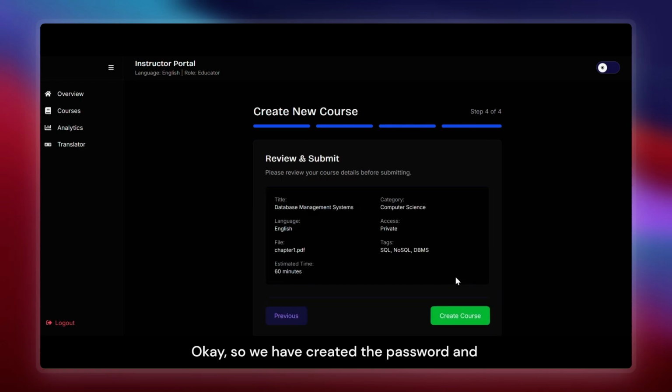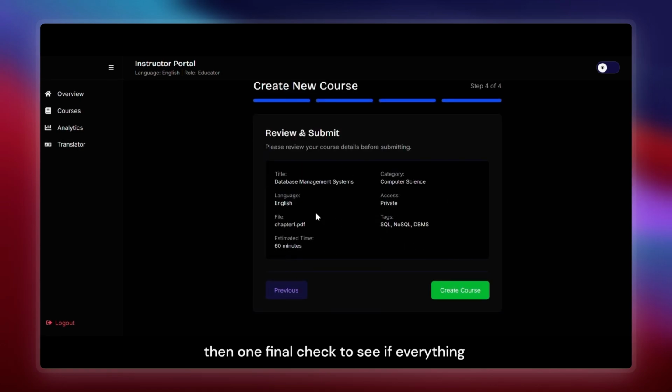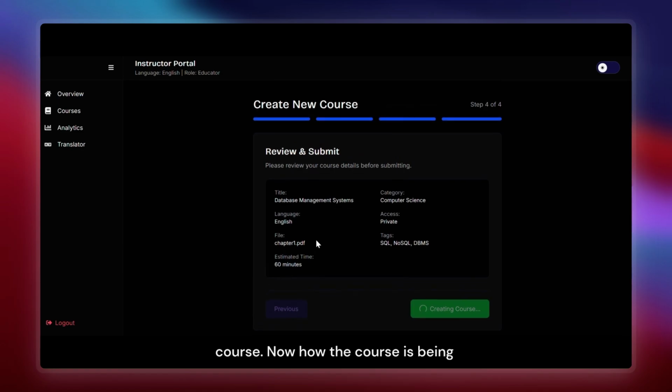Okay, so we have created the password, and then one final check to see if everything is right, and we can start creating the course. Now, how the course is being generated. The first one is the Grok LLM that generates all the slides that are there. It generates the relevant videos for the topic, and it also generates the placeholder image links which we add into the slides. And then we have Google's Gemini LLM,